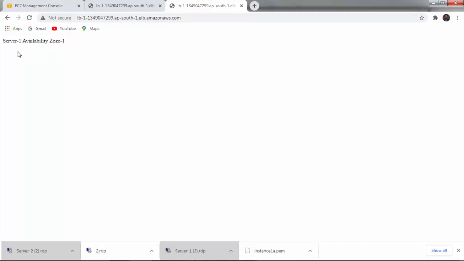So you can see here the request has been transferred to server 1, which is available in availability zone 1A. You just refresh again. Then it is on server 2 in availability zone 1B. It means that our load balancer will automatically balance the load among both server 1 and server 2.